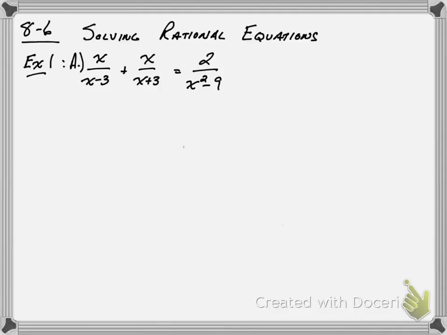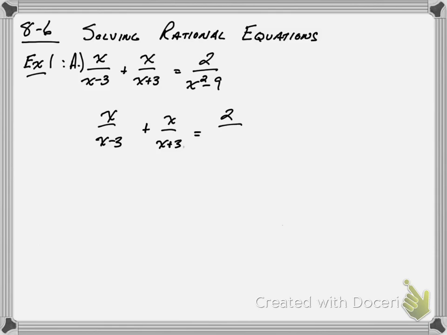8.6 is about solving rational equations. So everything that we've done so far has led up to obviously solving, just like everything else in Algebra 2. So the best concept here is to go ahead and refactor first before we start doing anything. x over x minus 3 plus x over x plus 3